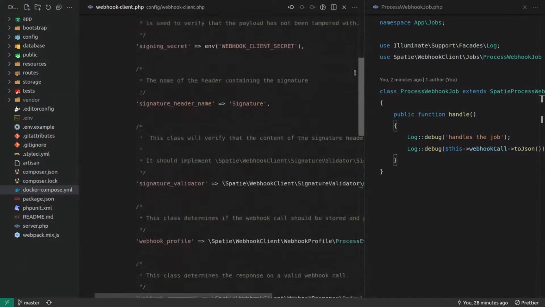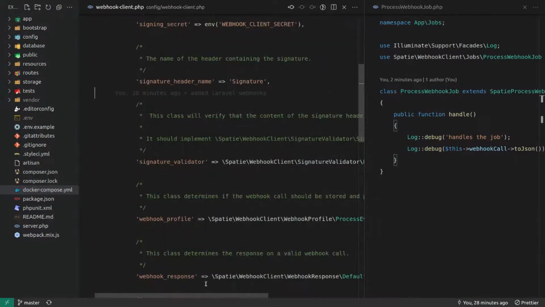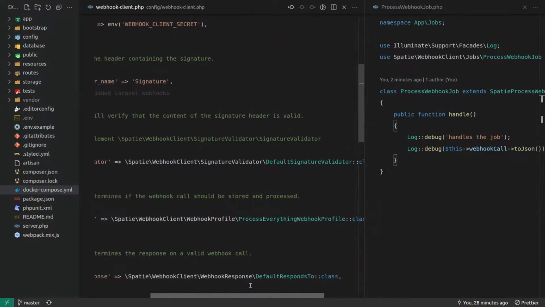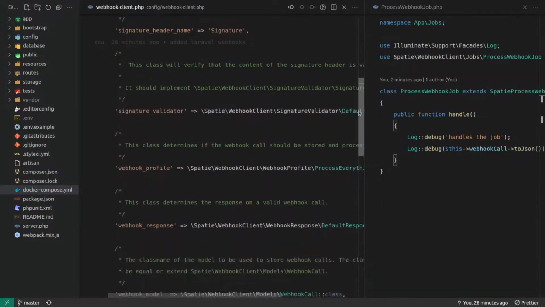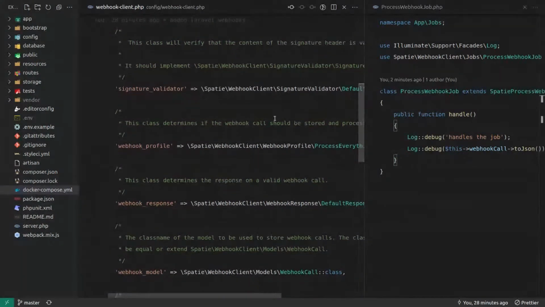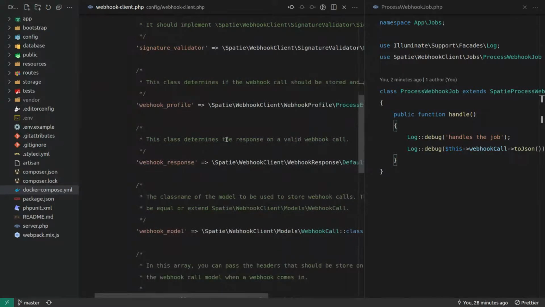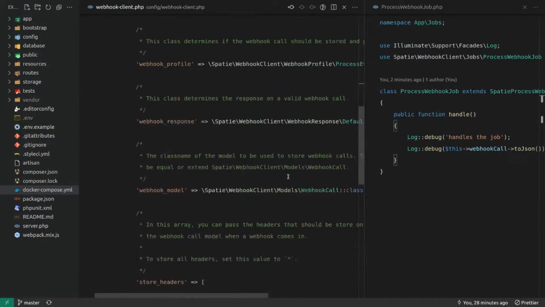And I'm not seeing anything here for changing it to a get request. This customizes if the webhook call should be stored. And yeah, no, it's not that. The response.